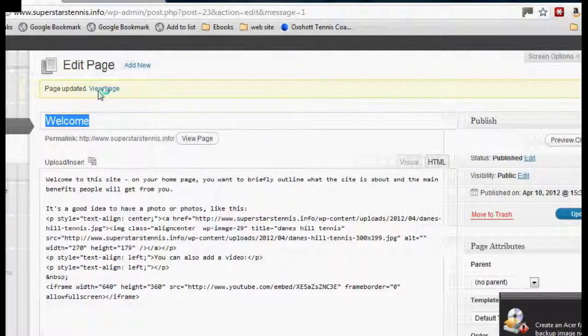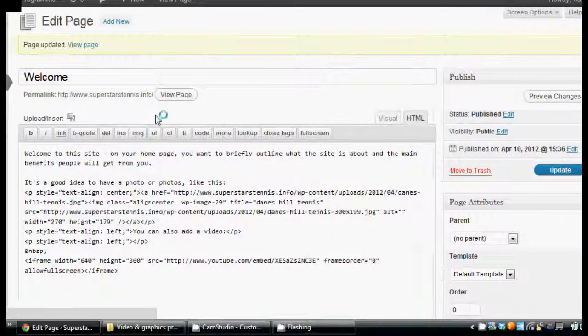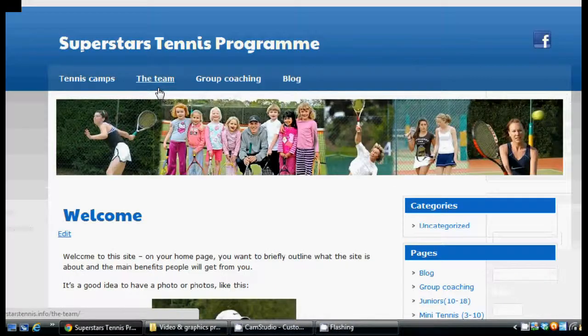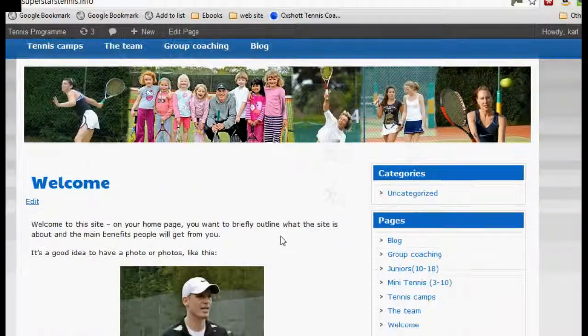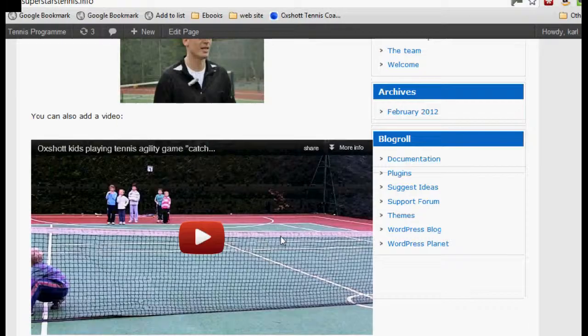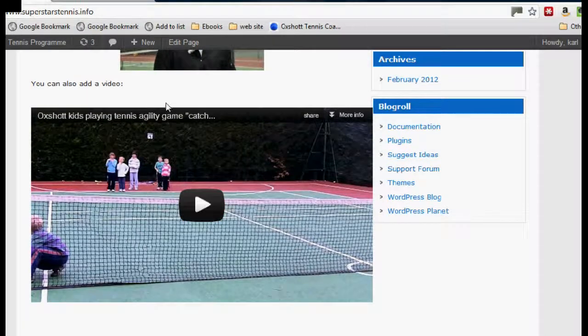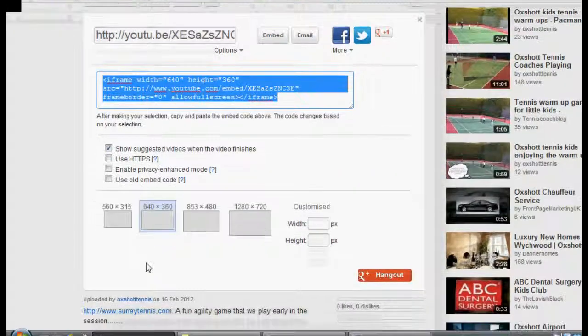And let's view the page. There we go, there's the video, and that will play on this website. Now you can see actually this video is a little bit too big. It's actually coming into the sidebar area here. So I'm just going to go back to YouTube. I'm going to click on the smaller version,